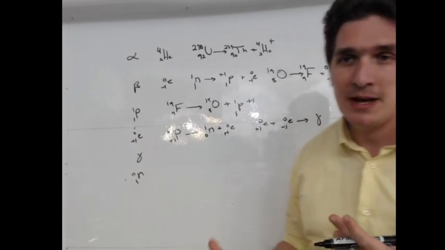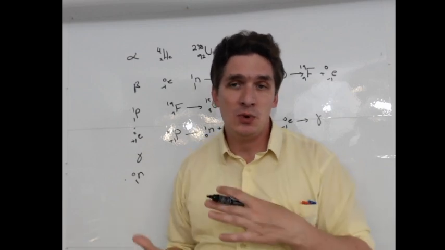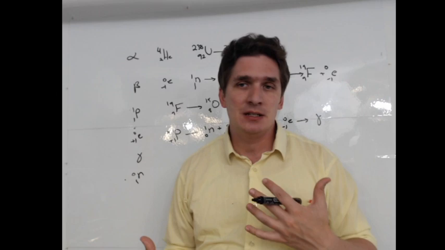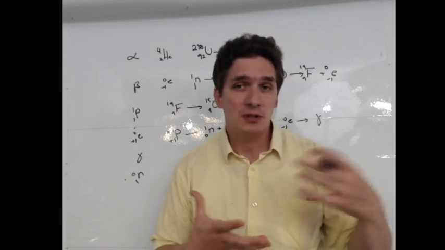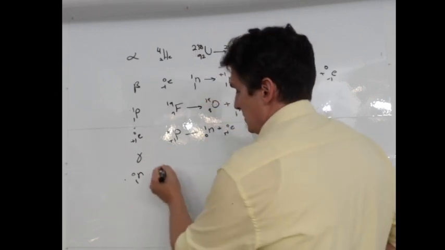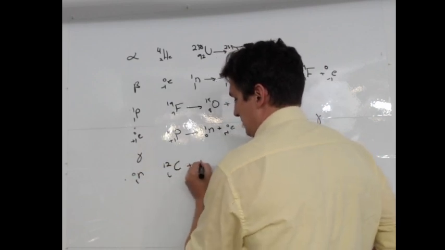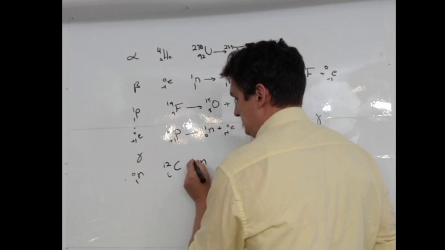Neutron emission is what you expect. You have a neutron in the nucleus, you get rid of one. Actually, the reverse is far more common, and this is kind of a side effect of when we do neutron diffraction with materials. So if we have something like carbon 12, and we have a neutron,